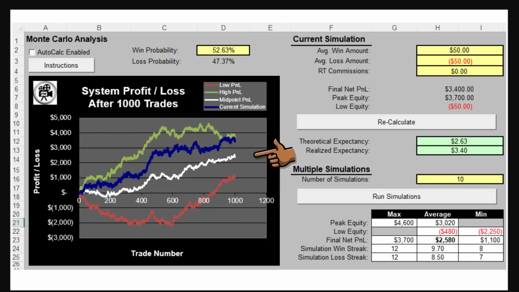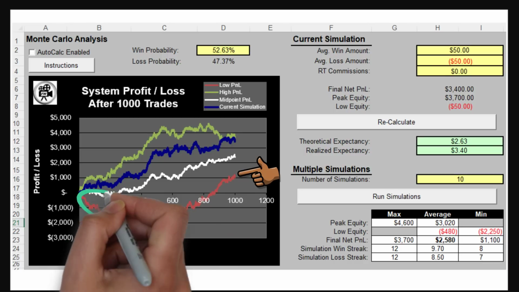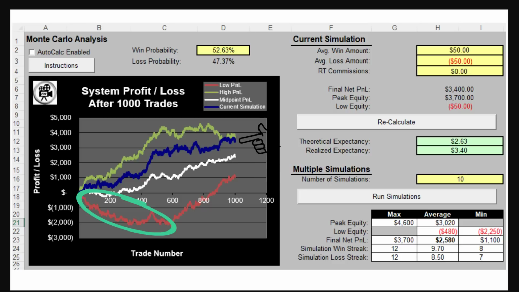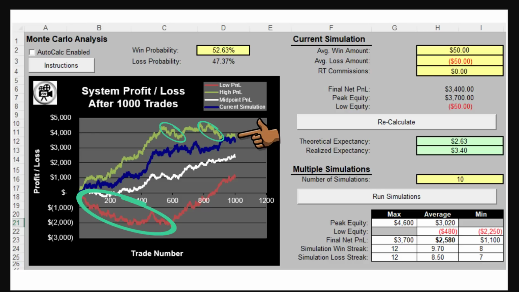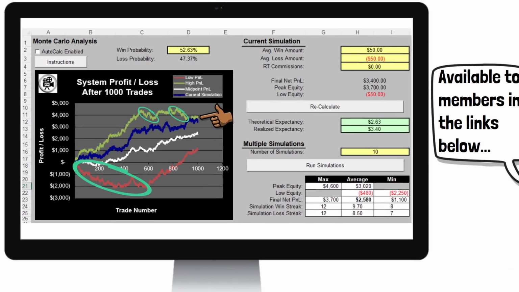In the worst case example, we realized a profit of just over $1,000, but on average, after 10 simulations of 1,000 spins, we would have profited by around $2,500. The purpose of this example, however, is to show the potential variation of results despite the same probability. In the worst simulation, even though the edge materialized into a profit after 1,000 spins, there was a considerable losing streak and drawdown. Even the best overall outcome, shown in green, saw periods of decline. This highlights that despite finding an advantage and an overall positive expectancy, anything can happen before we allow the law of averages to play out.